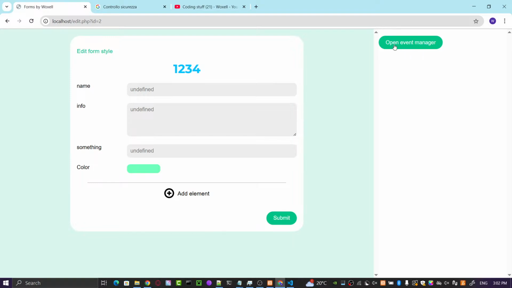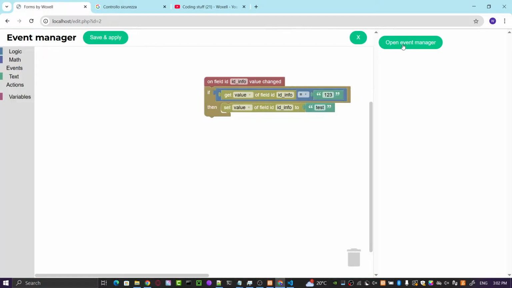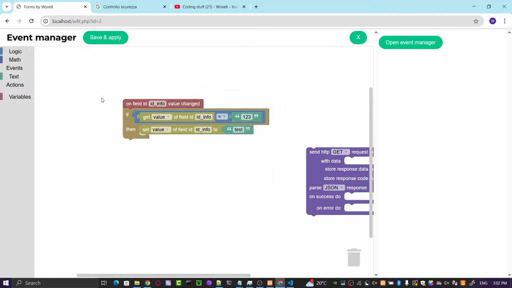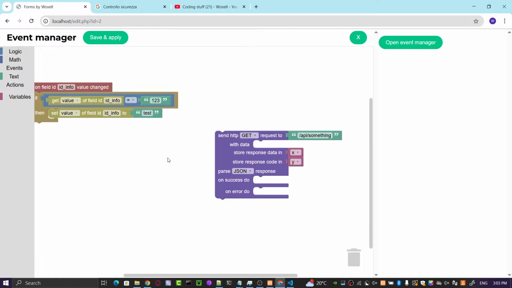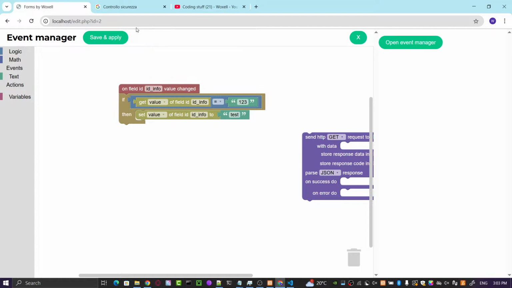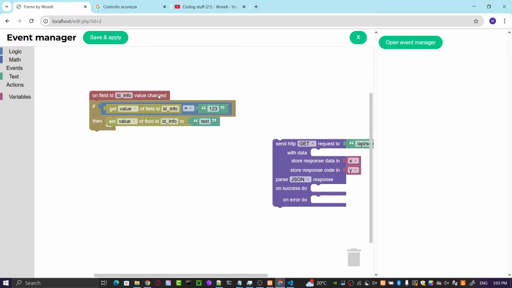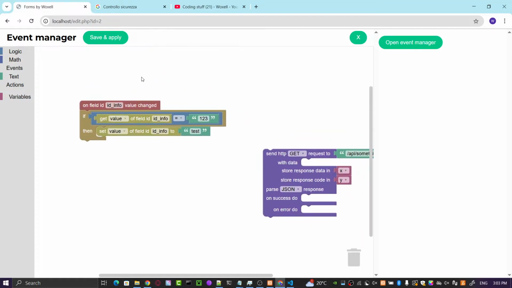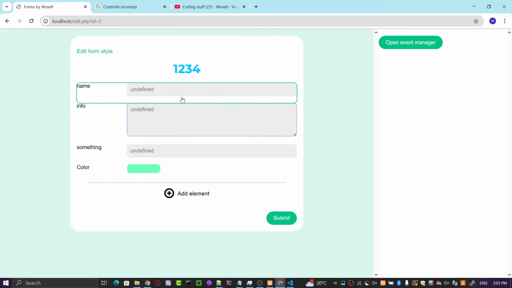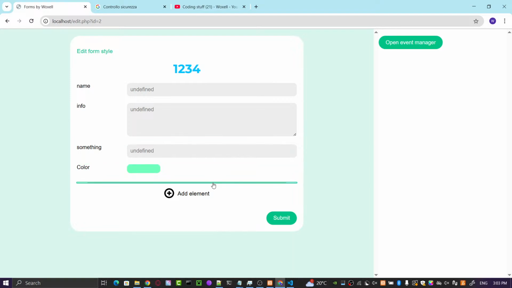I added this, and it's kind of interesting because you can now manage events. You have this event management system, and you can actually control some things. And I think this is really interesting.